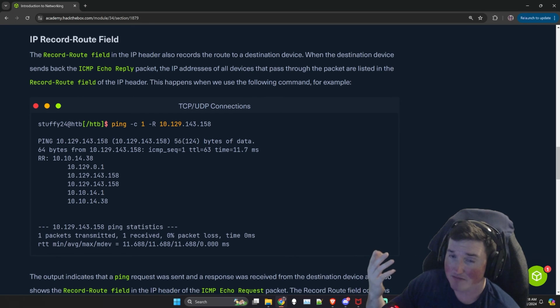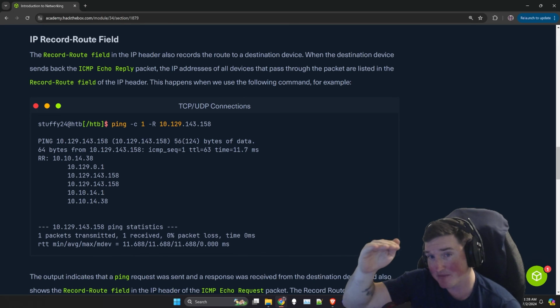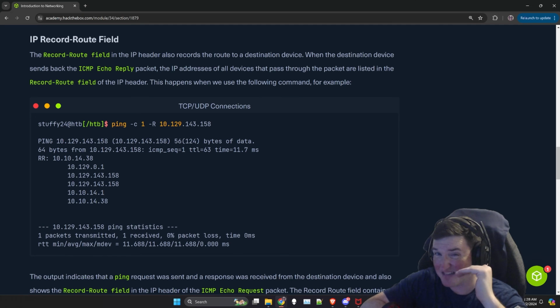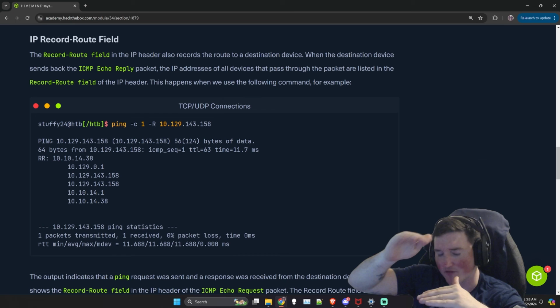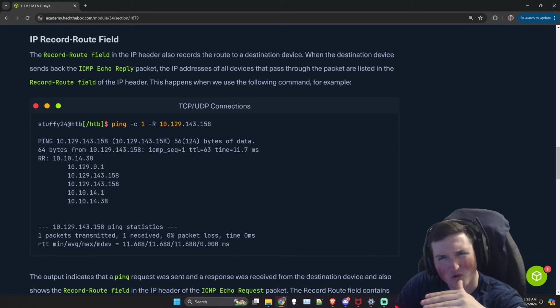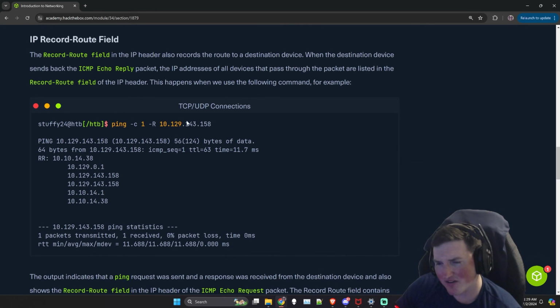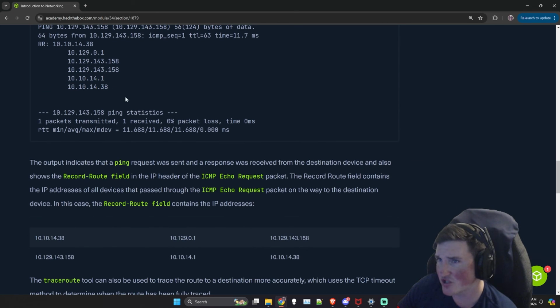Because maybe it makes sense for you to go from my website to my firewall to my SQL database. It doesn't make sense if I check the routing and you went from my website to my firewall to my domain controller to my file server. That would be weird, because it's like, why are you routing that way? So that's kind of just showing you which way you're routing.